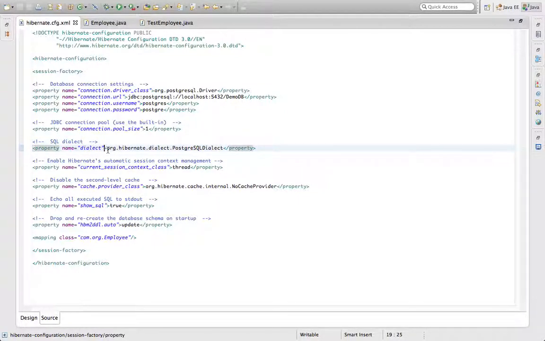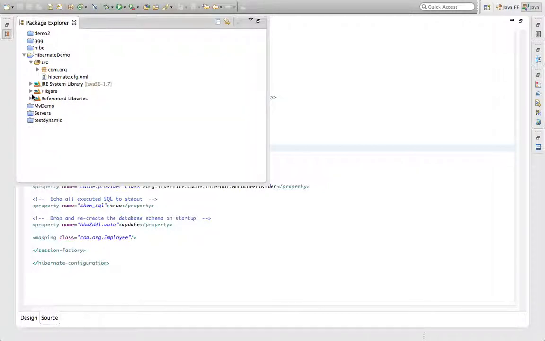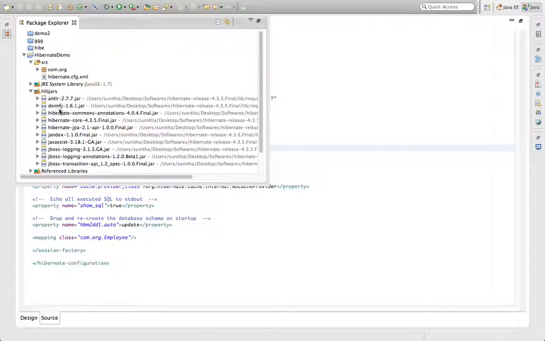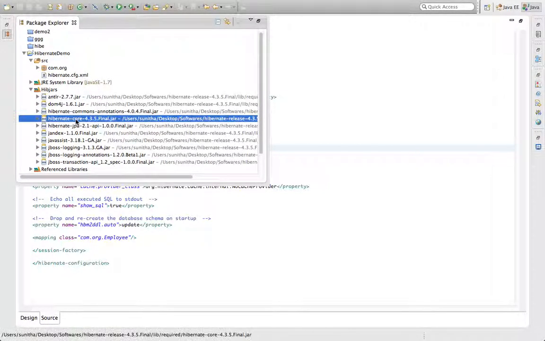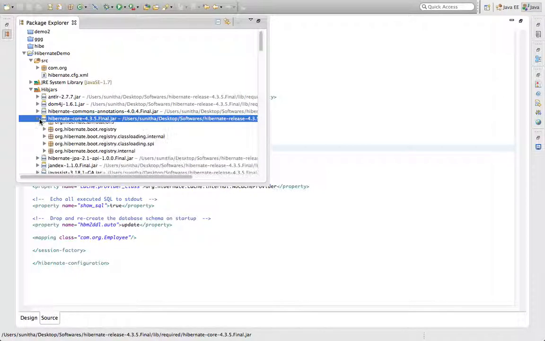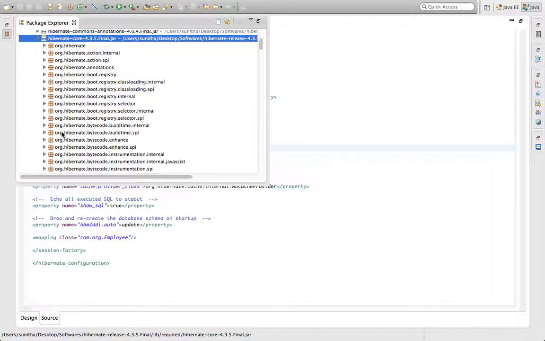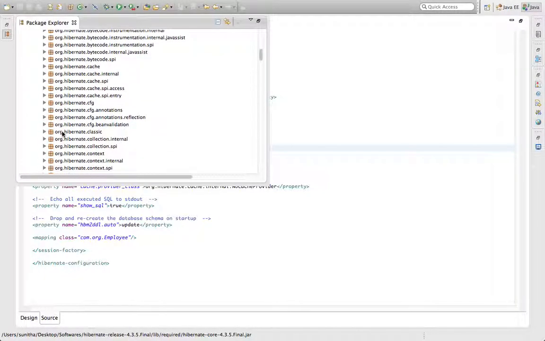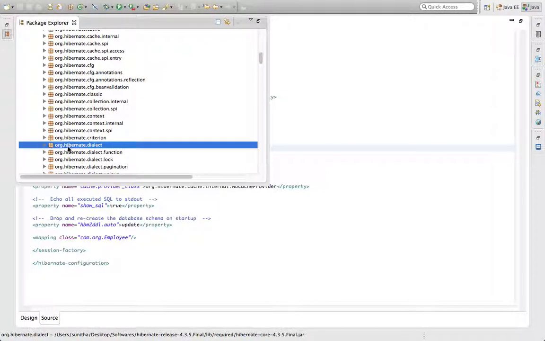Here you are seeing org.hibernate.dialect.PostgreSQLDialect. If you want, I can show you where we can find this. See, here are the Hibernate jars. In that, go to this core 4.3.5. Here we have org.hibernate.dialect.